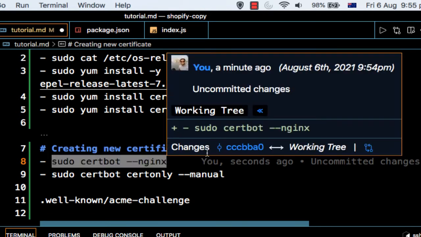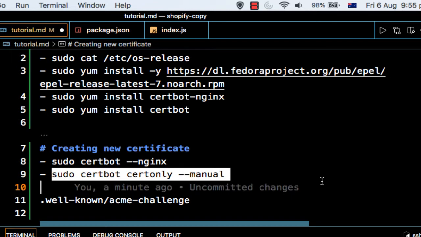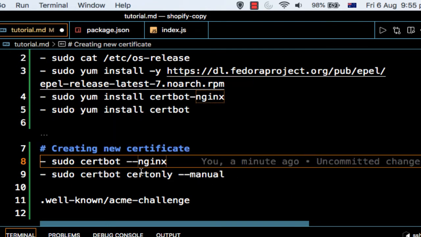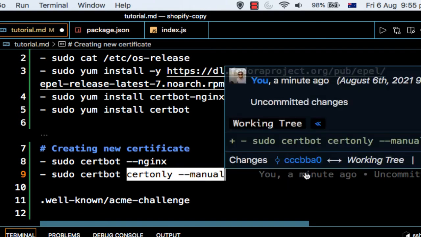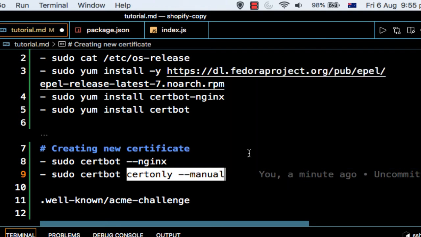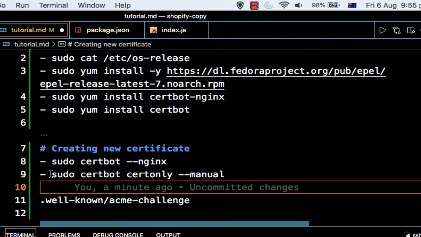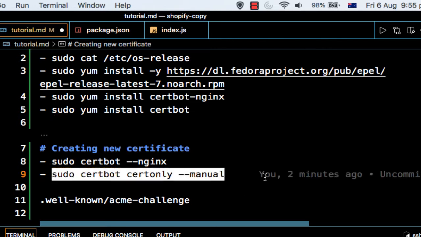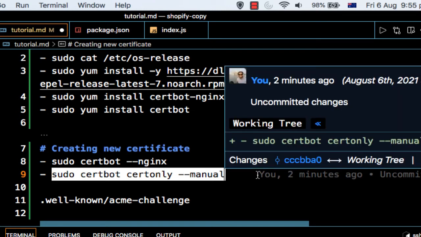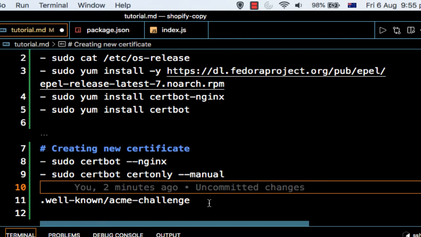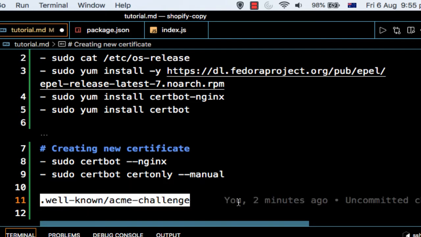So what I did is I executed this command manually. This is the second way: sudo certbot certonly --manual. This command will create the certificate manually, but it will not install it. Once you execute this command, again it will ask you several questions. There will be a challenge, where they ask you to prove that you own this website. You might have to create one file and save it in this location on your web server. Once it is successful, you can proceed to the next step.